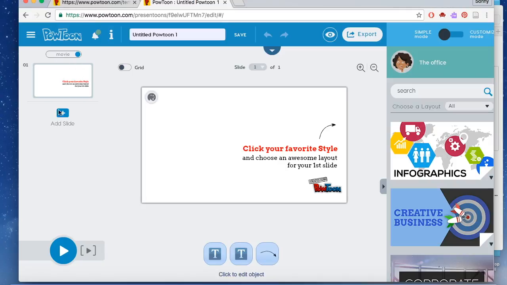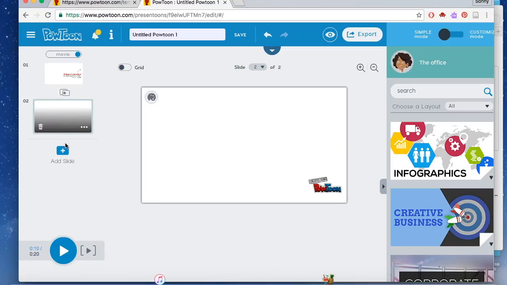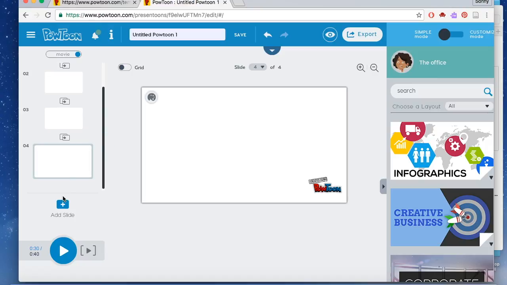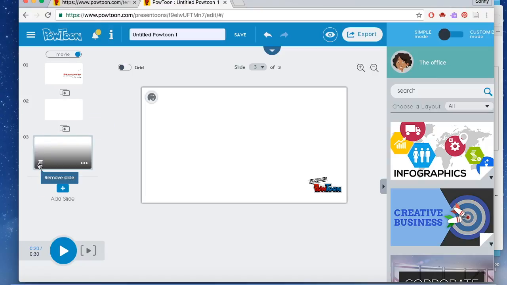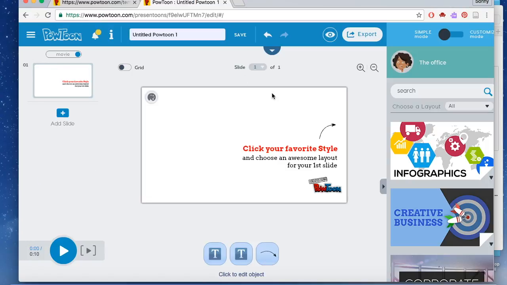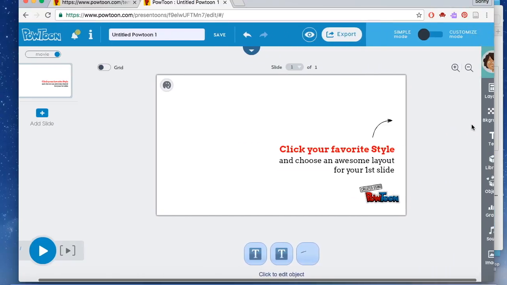You'll notice on the left side of your screen you have the slides. So just like Keynote, PowerPoint, you can just keep clicking. You notice I'm clicking here on the left and just add lots of different slides. Of course you can delete them. Delete, and there I have just one slide. Now on the right side of the screen, here where my mouse is, you have, I'll pull it back a bit,